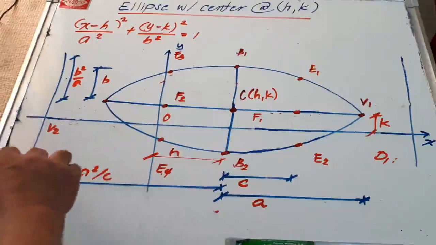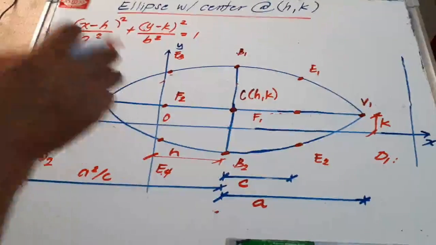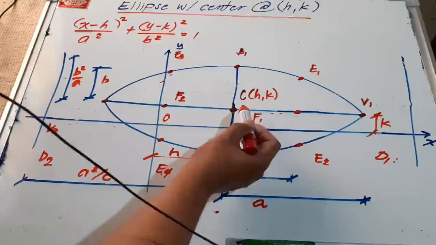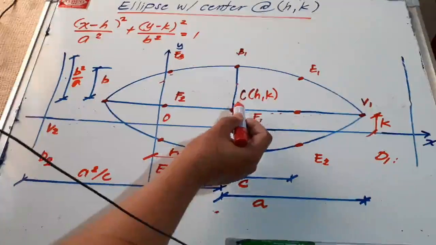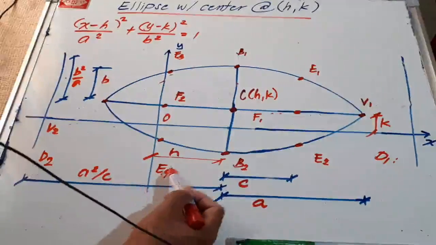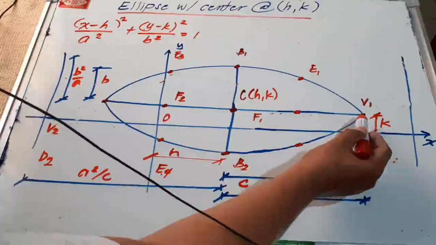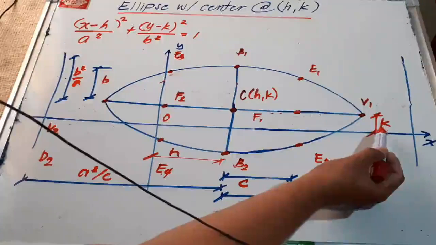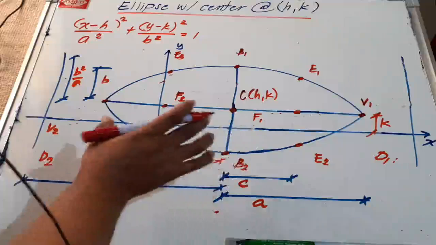We have V sub 1 and V sub 2. Okay. Paano natin malolocate yung mga important points na to? Remember, for us to locate the points in an xy plane, all we have to do is to determine the horizontal distance, comma, and the vertical distance of that point. And that is the ordered pair of that point. Okay. So, alamin natin yung mga horizontal distances niya tsaka mga vertical distances. Okay? Remember, the center is located at (h, k), meaning the horizontal distance of this point is h from the y-axis, and the vertical distance is k from the x-axis. So before natin kunin yung mga coordinates of these points,